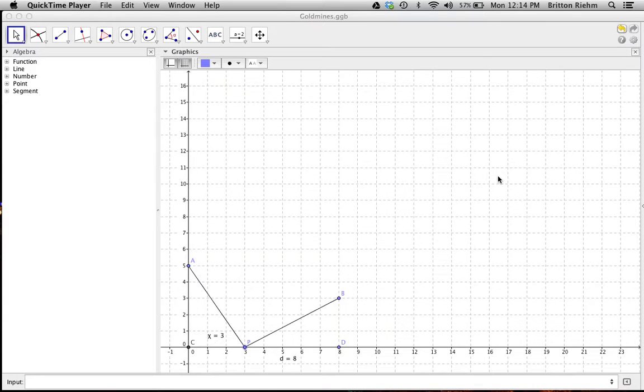This presentation is on understanding what is happening in the Goldmines investigation. I've created a manipulative scenario to help you visualize what is happening. And you can see down here on this part of the graph, it looks very similar to what you were given in the problem, where there's